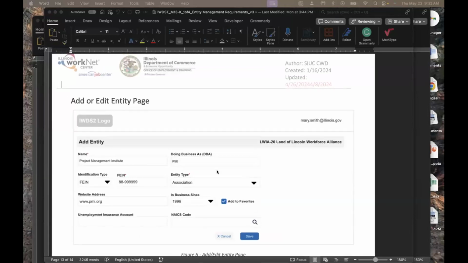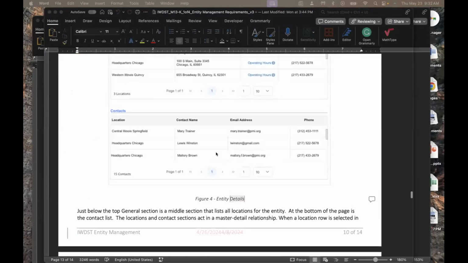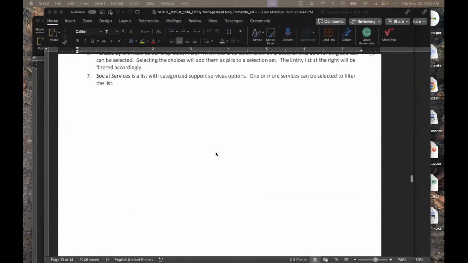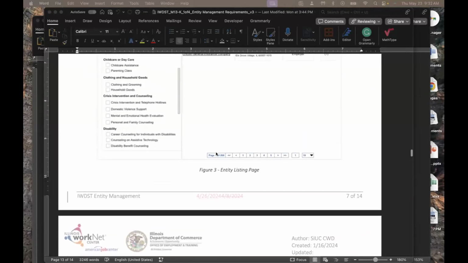Okay, that's pretty quick, but before I go to the second of these, which we talk about locations and contacts, I want to open it up for questions and concerns on these requirements, and I'll go back to one of these at a time. Does anybody, first of all, have any questions about these two